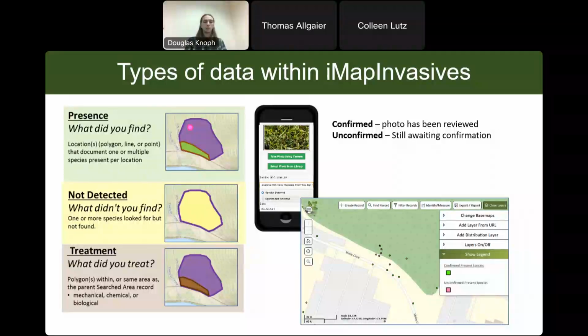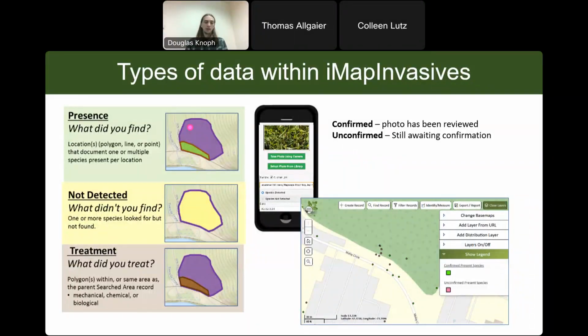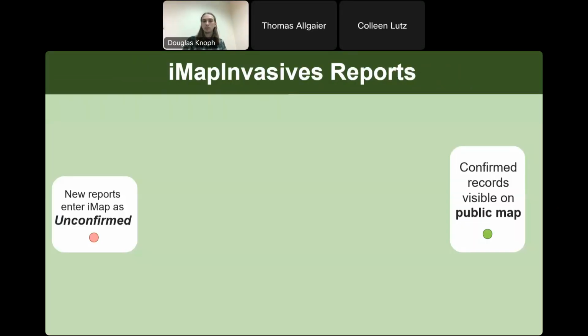So when you first take a report of an invasive species and send it in, it'll show as unconfirmed. And then after it is reviewed by an expert, either at the iMapInvasives team or at one of our partner organizations, then it will show up as confirmed. And for certain species, data is initially hidden. So for things like spotted lanternfly, if it's in a brand new county or city in New York, it'll initially be hidden until the proper authorities can go out and check and either manage the population or confirm that it is there. And then it will show up on the main database.